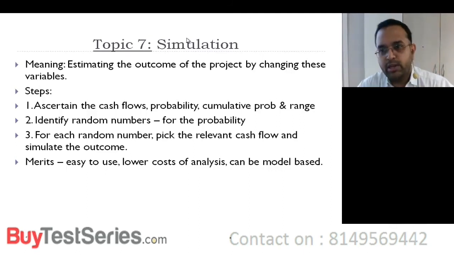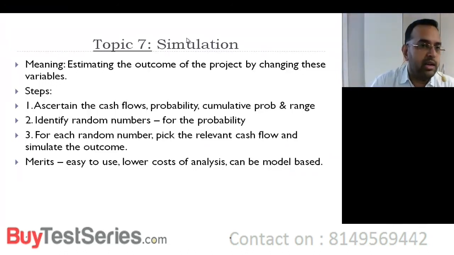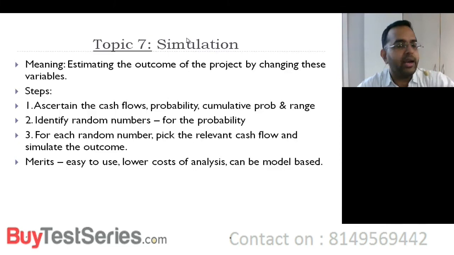I'm not sure how many of you can appreciate this, but please understand, there is a problem with averaging. When I'm telling my management that either I will make 1 lakh cash flow or I will make 0 cash flow, the management is asking me what is the probability. I'm saying 50-50 probability. Either I will make 1 lakh profit or I will make 0 profit. If you take an average out of it, 1 lakh into 50% plus 0 into 50%, and then say that on an average I'll be making 50,000 rupees, that will not happen. Either I will make 0 or I'll make 1 lakh. That's what will happen.